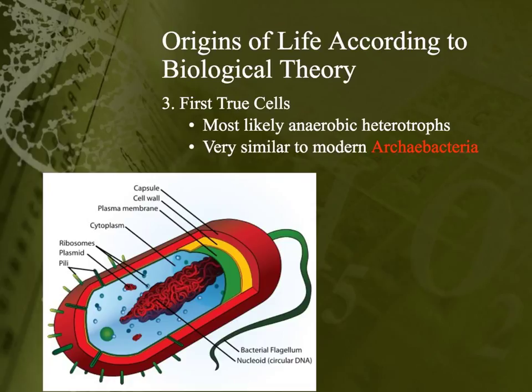And remember, these guys are very similar to archaeobacteria, which we haven't talked about yet, but archaeobacteria are bacteria that do live on the earth today, and they live in really crazy hostile environments, like near volcanic vents and such. So the early Earth's atmosphere was very hostile, not very friendly, lots of volcanoes and such, and so these bacteria that would have lived there would be very similar to today's archaeobacteria, or ancient bacteria. Okay, go ahead and move on to the next slide when you are ready.